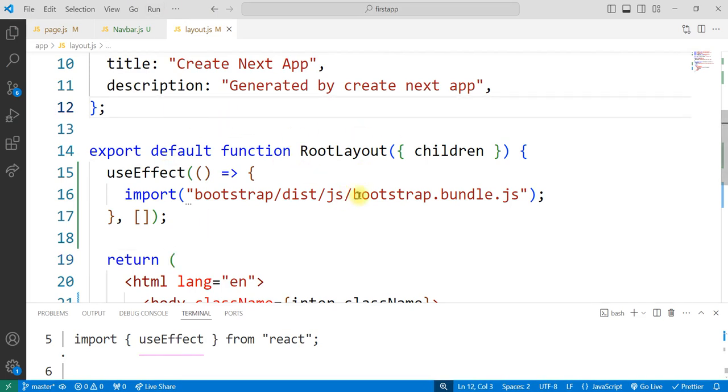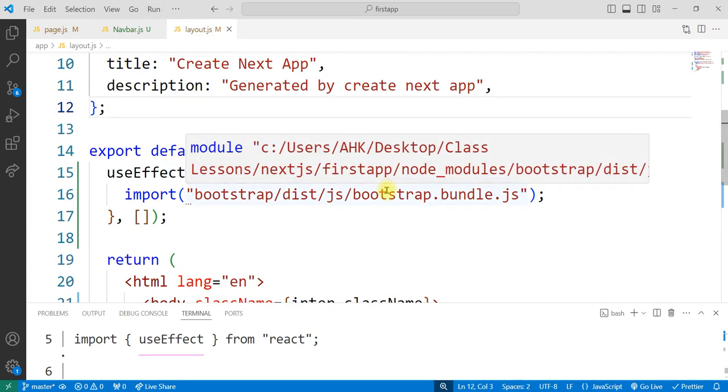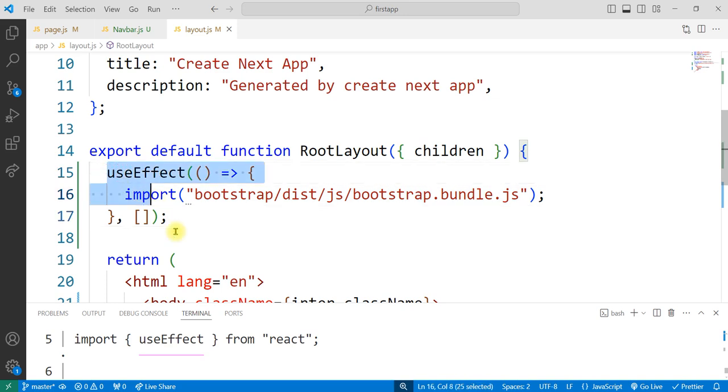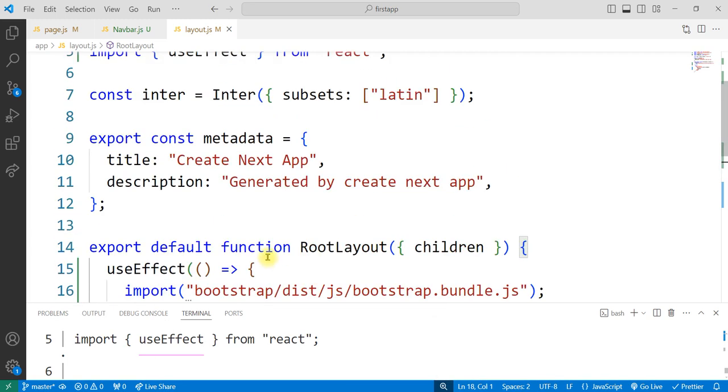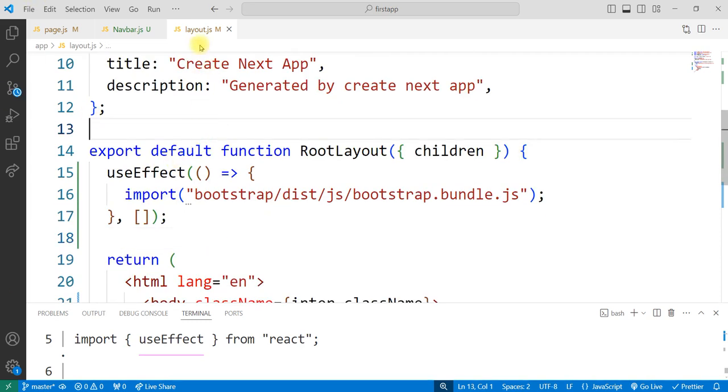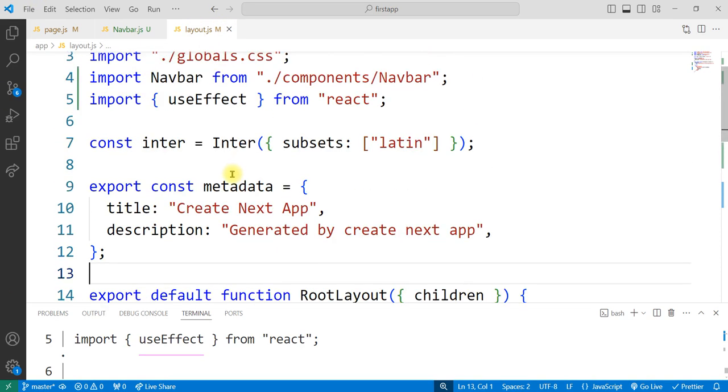Components you see in NextJS, by default they are server components. They are not client components. So if you call a useEffect hook, which is a client hook, and you are defining it in a server component, that's why it's throwing that error. So in order to force this component, the layout component, to become a client component, you have to